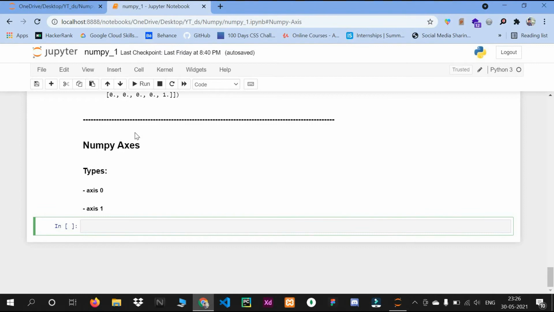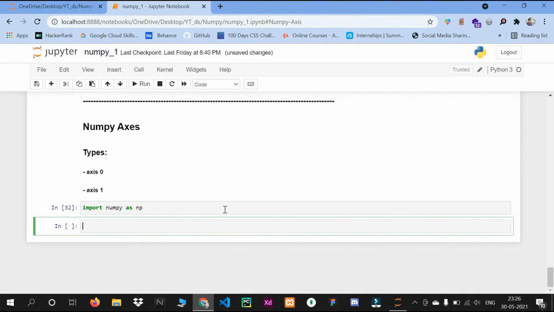So I'm in the same file numpy1, and in this first example we will see axis 0. Before that, I will create one array. First I will import numpy as np, shift enter, and then I will create one 2D array. Let's say I will take x as a variable, and then I will make one 2D array.